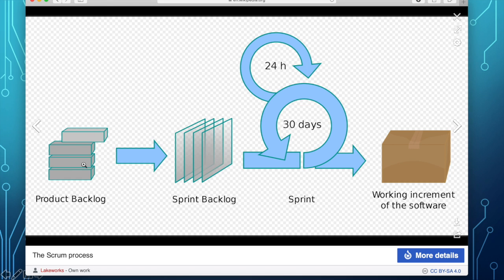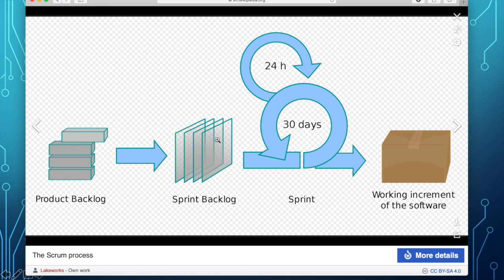And what you do is for each product, you divide the functions that need to be done. So you can arrange them by priority or by initial set of functions that need to be done, followed by the next set, followed by the next set, and so on and so forth.